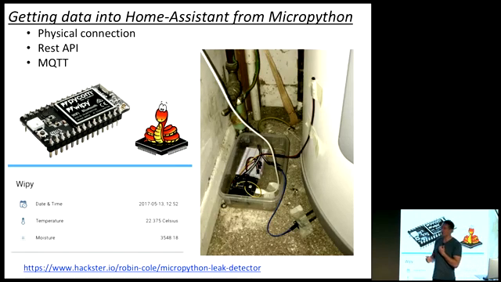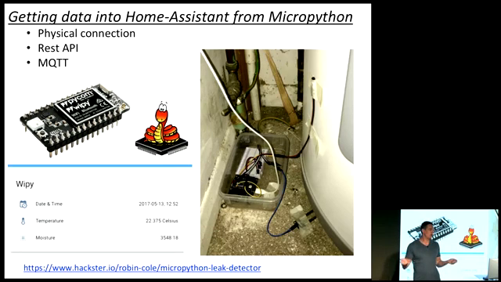Okay, so while we were talking about data, I wanted to briefly talk about different ways of getting data into Home Assistant. And I think we've got a couple of people here that are interested in MicroPython. Is that right? I saw one. Okay. So there's lots of different ways you can get data into Home Assistant, but I just want to focus on the ways you might do it, maybe from MicroPython or from one of these micro boards that run MicroPython.